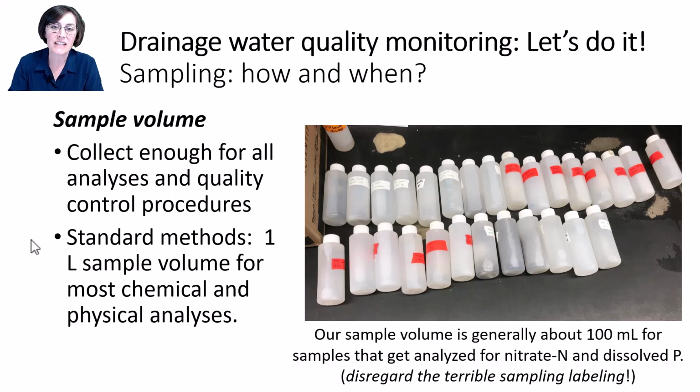The short answer is that you need enough for all the analyses you're going to perform on a given sample, plus enough to reanalyze samples if the sample needs to be reanalyzed, which you never know beforehand. Often for wastewater, you fill a separate sample bottle for each analyte that you're going to analyze for, which is a lot of bottles in some cases. But in tile drainage studies, we usually just collect one sample and divide it into aliquots, or smaller samples divided from the one sample when needed.